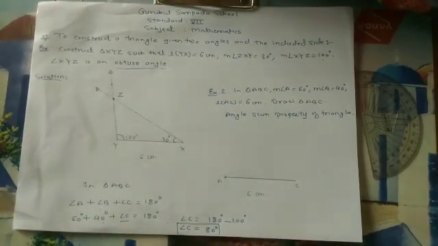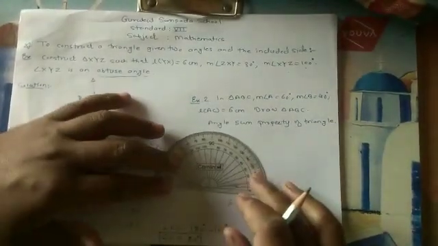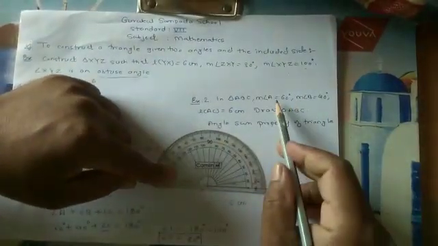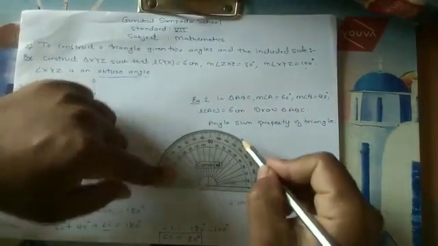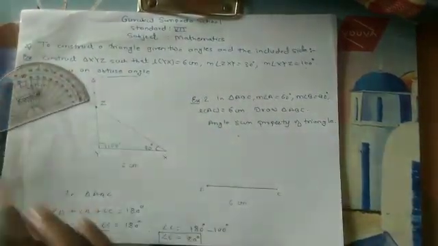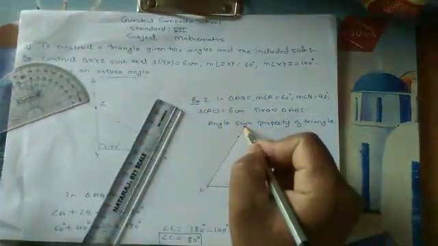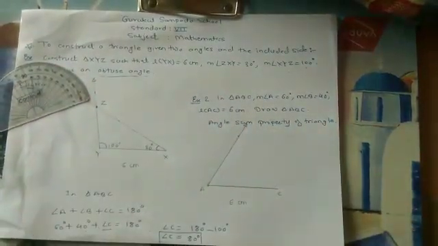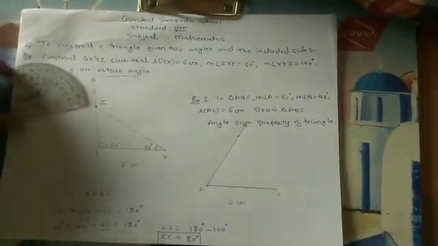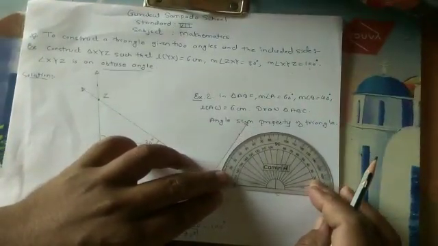So we know that. Now take a protractor, keep it at point A, and we know that measure of angle A is given, how much? A is 60 degree. So from this side, here is the 60 degree. Okay, so first we draw a line joining the 60 degree mark. Okay, next is what? Angle C that we obtained by using the angle sum property, which is 80 degree.